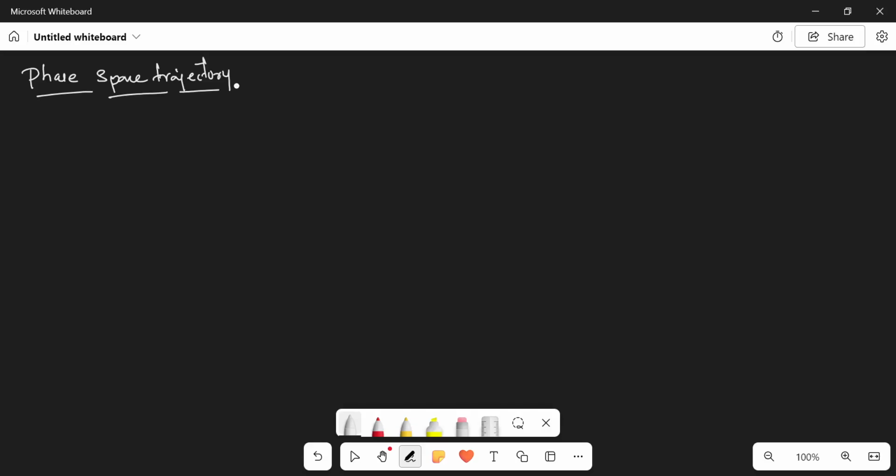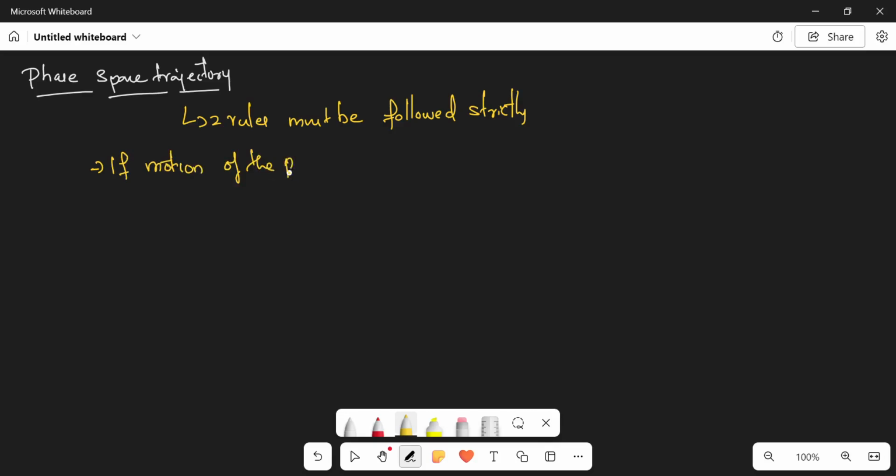Please listen carefully. For plotting a phase-space diagram, you must follow two rules strictly. Now, which are they? I'll write down the rules. If motion of the particle